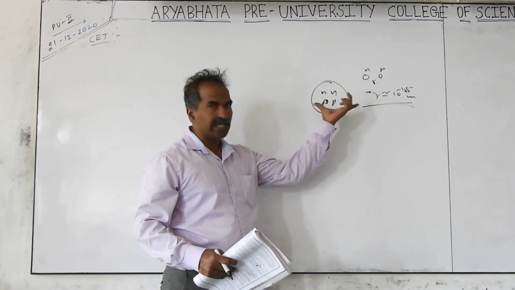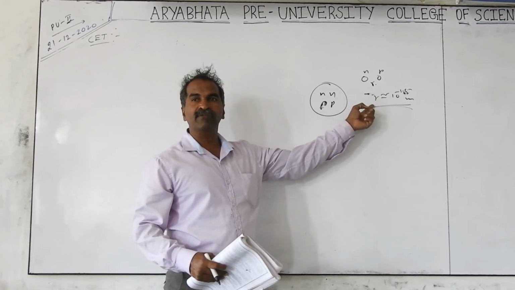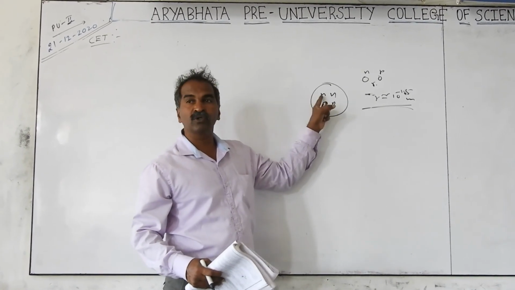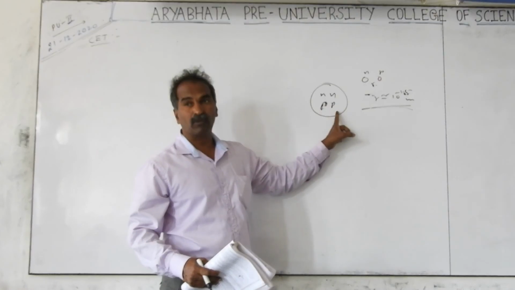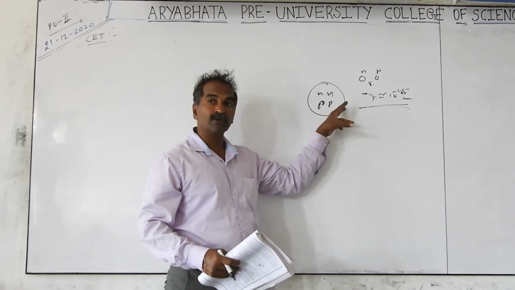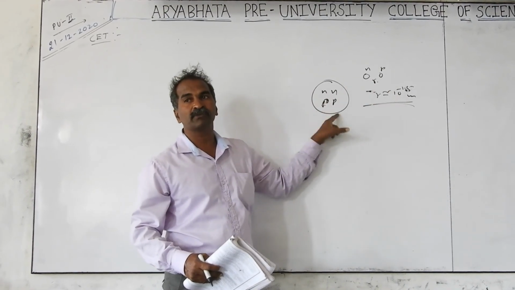Otherwise, if the distance is very large, whether centimeters, millimeters or angstroms, the nuclear force is very weak and the Coulomb force only dominates. Coulomb force does not exist for neutrons. Coulomb force exists only between protons, not proton-neutron, not neutron-neutron. But nuclear force exists between neutron-neutron, neutron-proton, and proton-proton also. Nuclear force is only attractive. Coulomb force is repulsive between protons.